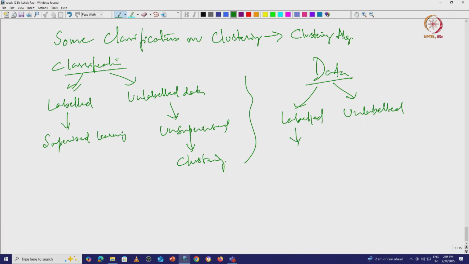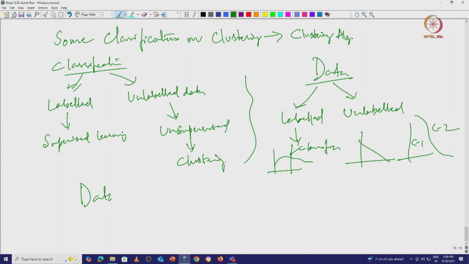So, this we saw a problem where we had some data distribution like this, and this was the classifier. Of course, in higher dimension the classifiers can be like this, and even other, what one calls the decision boundary. So, this is class 1, this is class 2 separation. But today most data is unlabeled. Classifying unlabeled data is termed clustering.